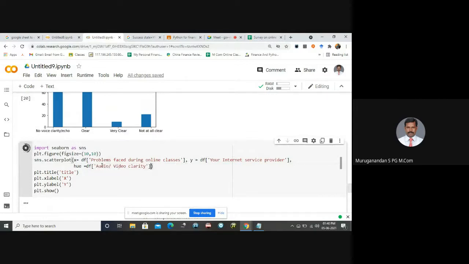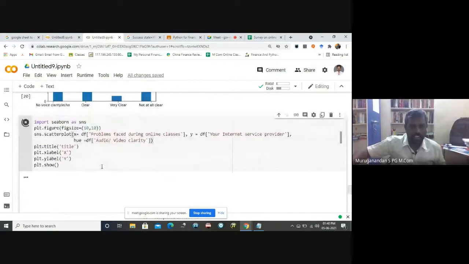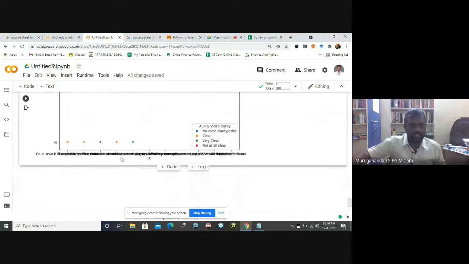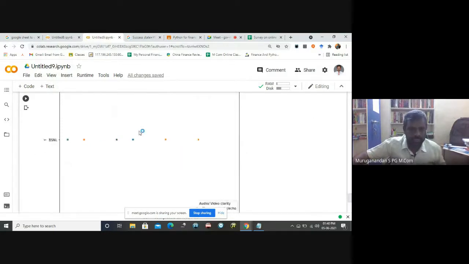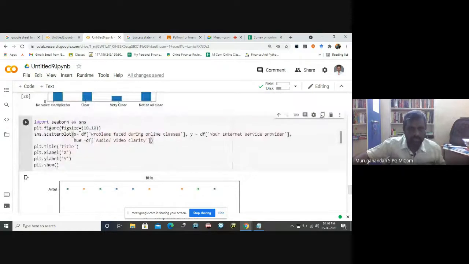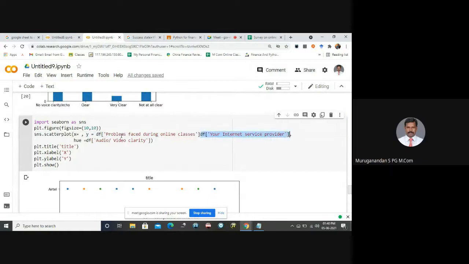I'm changing this to make the data even more beautiful. Here I have a very limited number of observations, so the data does not look very nice.